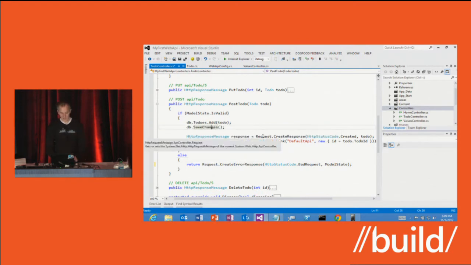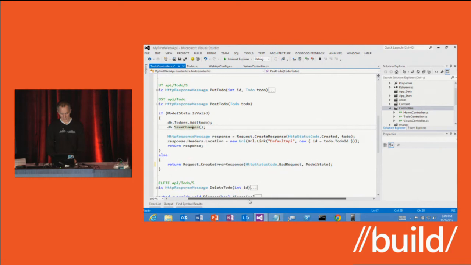So you'll notice here, when the scaffolded code creates the response, it uses a different status code than just 200. OK, I did it. It says 201 Created. I created a new resource. And not only that, in the response, it's populating a Location header to say this is the location of where that resource was created. And it's using this URL helper that's available on the base type. It's very similar to MVC. This is a way for me to kind of run routing in reverse to generate links. So I can say, and here's a link to the newly created to-do resource.